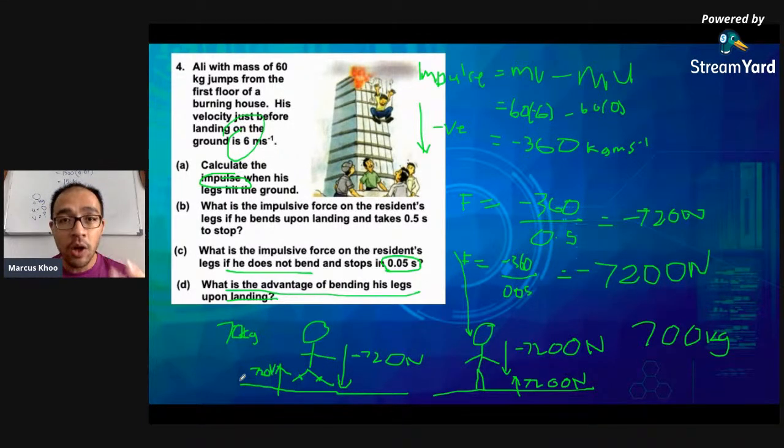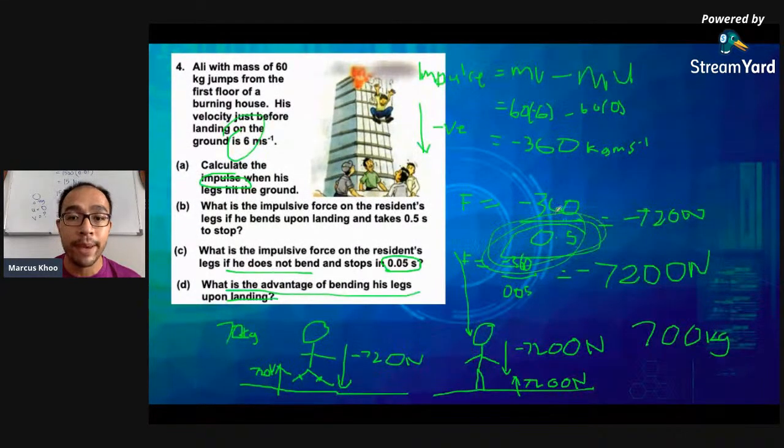And this law has become so important to us. Whenever we think about accidents, whenever we think about designing cars, designing rockets, spaceships, planes, this concept is very important to us. There are situations where we need to increase the impulsive force, and there are situations like this, where we need to decrease the impulsive force. And we do that by changing the amount of time. We change the time of impact.